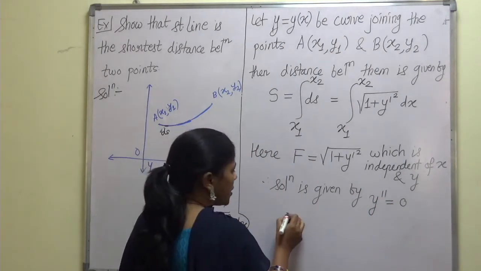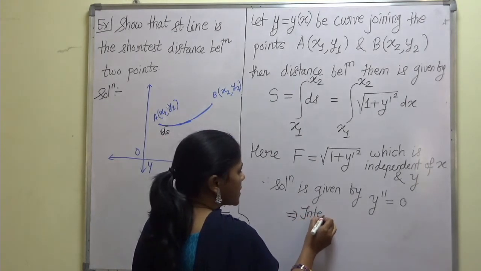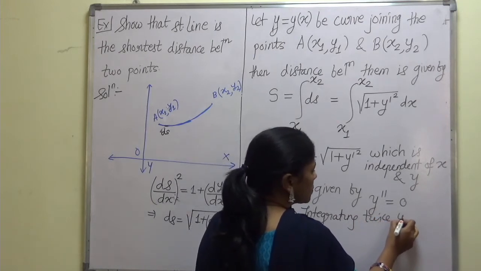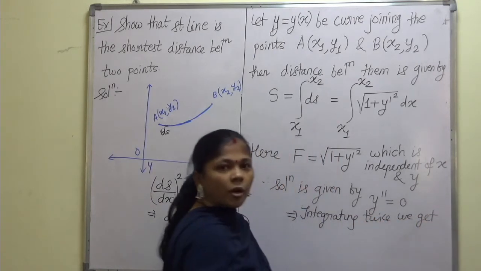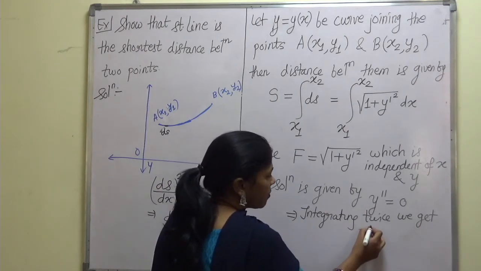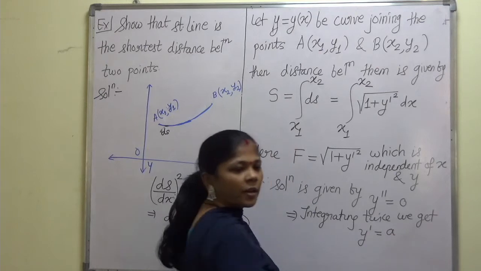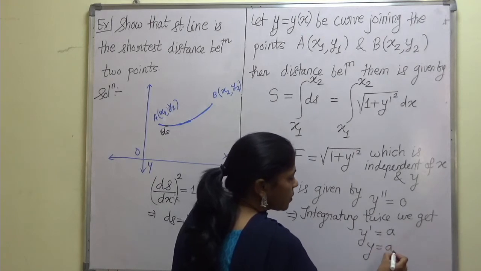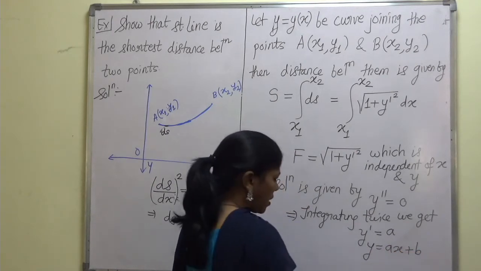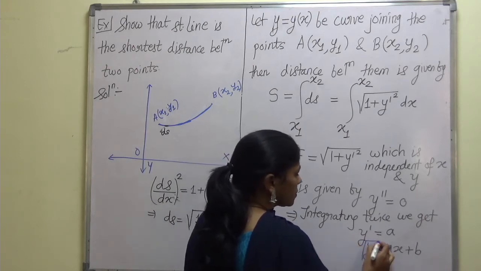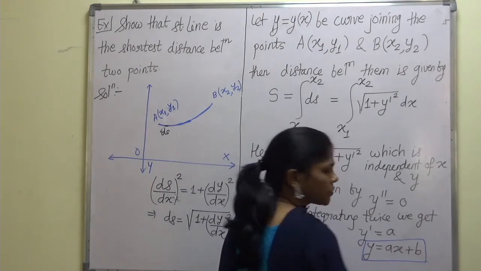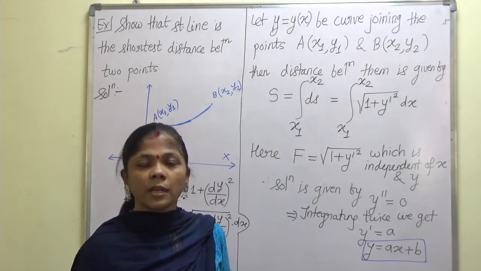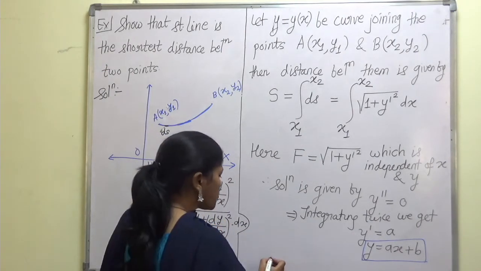Okay. Now, so integrate this twice. Integrating twice, we get, so what we get? So integration first time will be y dash equal to constant of integration. Again integrating this y dash. So what you will get? Y is equal to ax plus b. Now look at this equation. Y is equal to ax plus b. It is just like y is equal to mx plus c, which is nothing but equation of straight line. So it is a straight line.